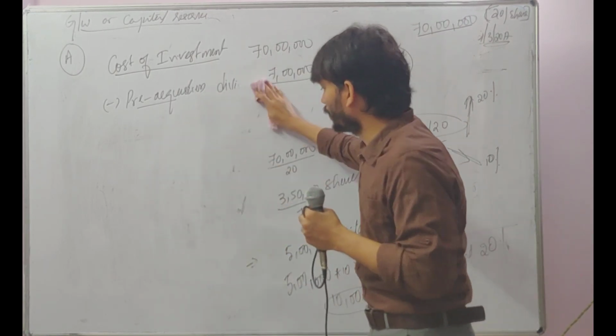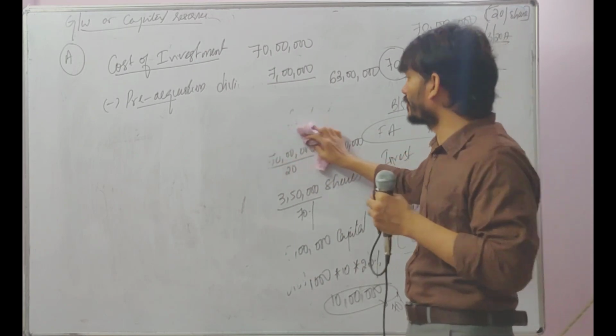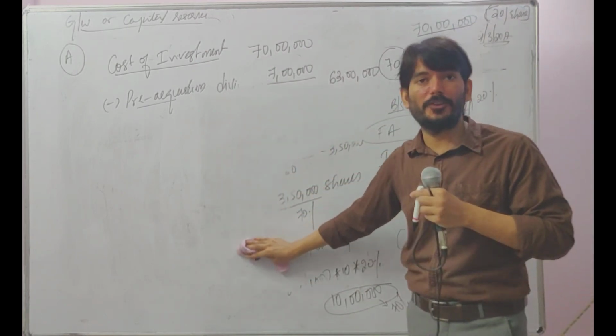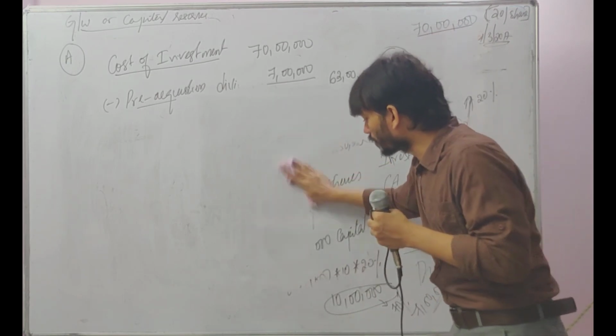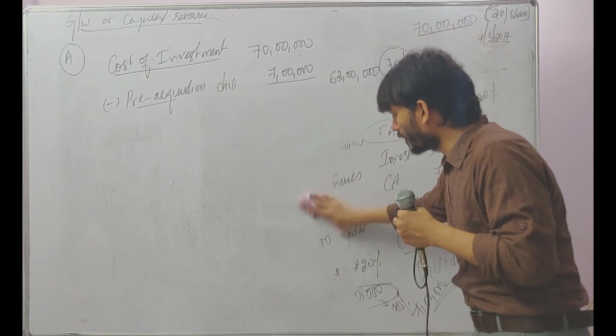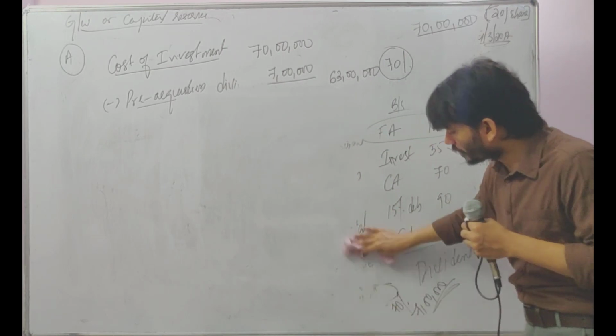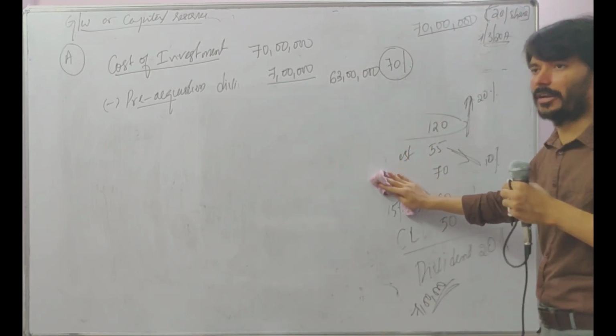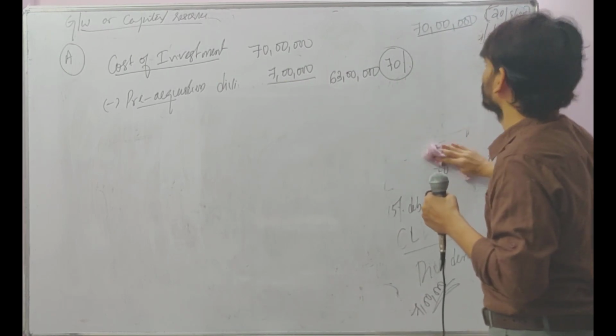So this is how you have to pick up from the question which information is relevant for you and how to make use of it. The same concept will apply for your costing also. When you are solving your costing questions, there will be plenty of information in the question. Out of that information, you have to pick up which line item you have to start with and how you can proceed with the answer. Okay.